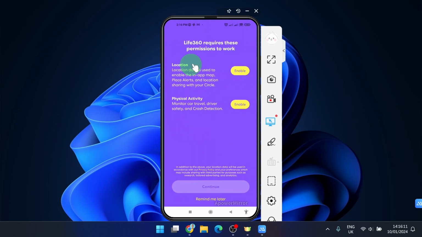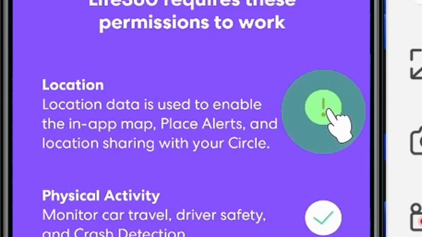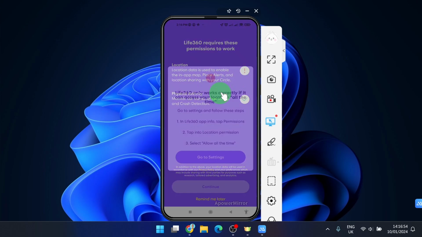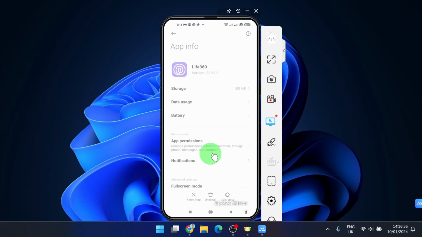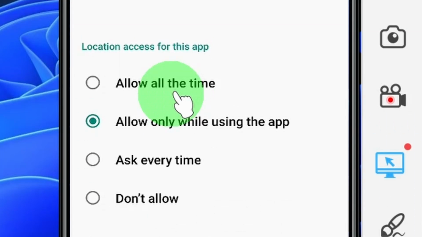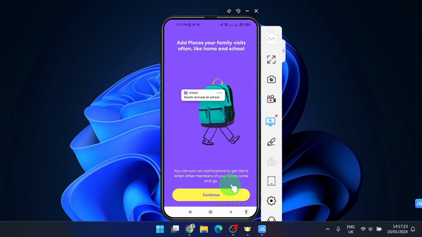And then for sure it's location. You need to enable location for this application. Physical activity, so it can monitor your travel, driver safety and crash detection. Click on enable. Also, if you see the sign, something is wrong, so click on it again. Go to your settings. And we need to go to app permission, location, and allow all the time. Click on continue,